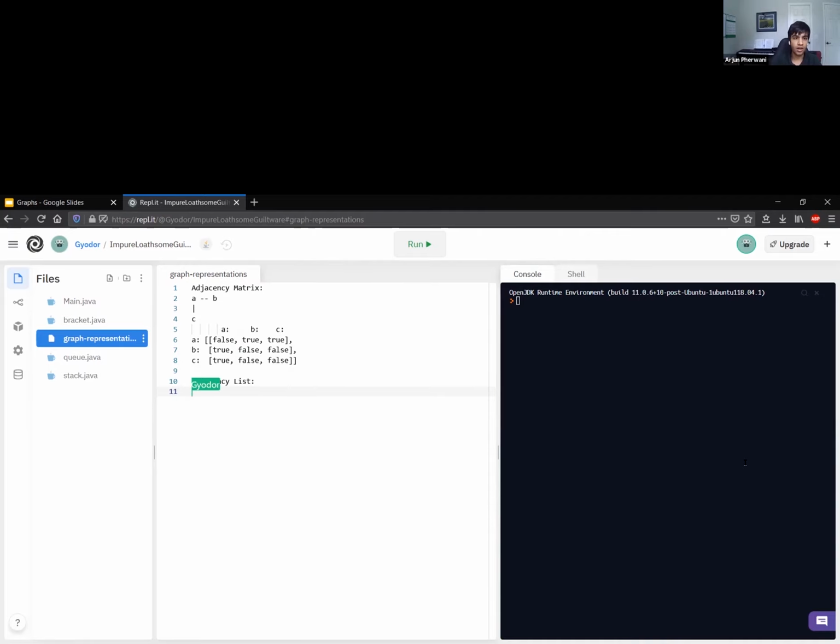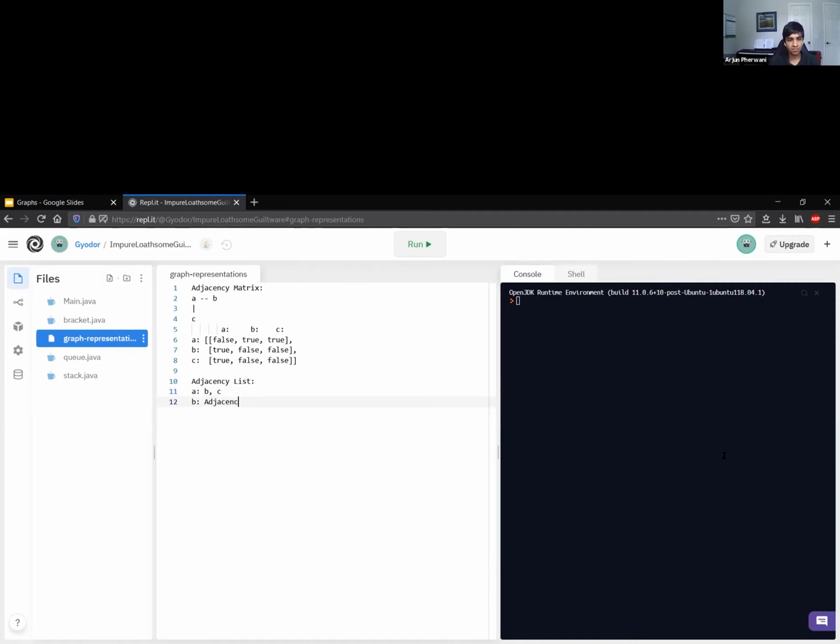All right, so adjacency matrix, adjacency list. Now this one is kind of similar, where for the same graph, you'll just say, okay, there's a path from A to B and C. There's a path from B to A, that's all.